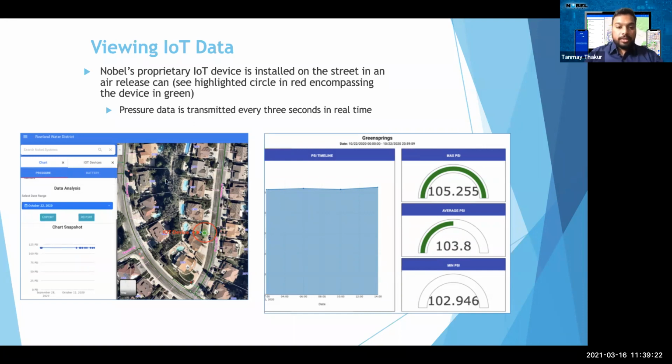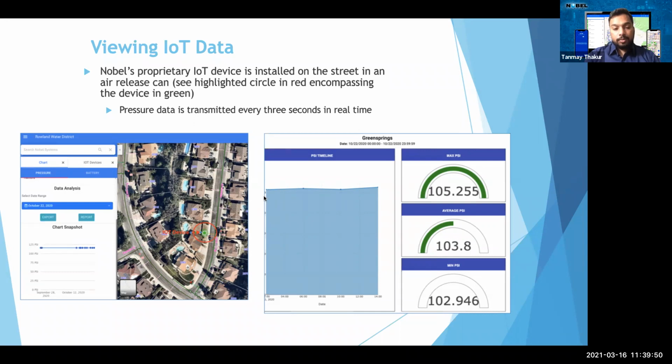This solution is actually designed to give you two benefits. One is to detect any pressure leak as quickly as possible. So for example, if you have an underground pipeline which has leaked, since the underground pipeline pressure is constant across a lateral line, it can give you real-time pressure alerts about it.